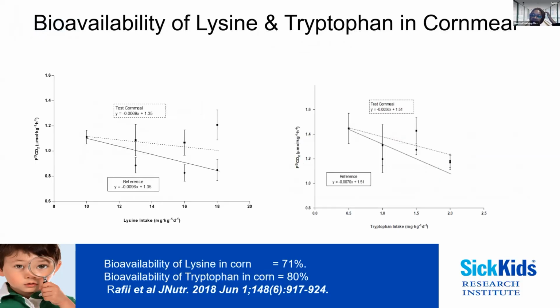We applied the IAAO method using the stable isotope C13 phenylalanine again to study lysine and tryptophan in corn, because corn is consumed by many developing nations quite a bit, and lysine is the first limiting amino acid in corn. Tryptophan is the second limiting amino acid, and what we found was that lysine availability was 71%, tryptophan availability was